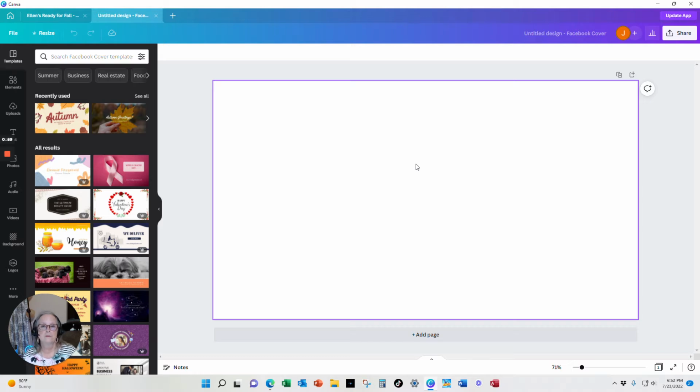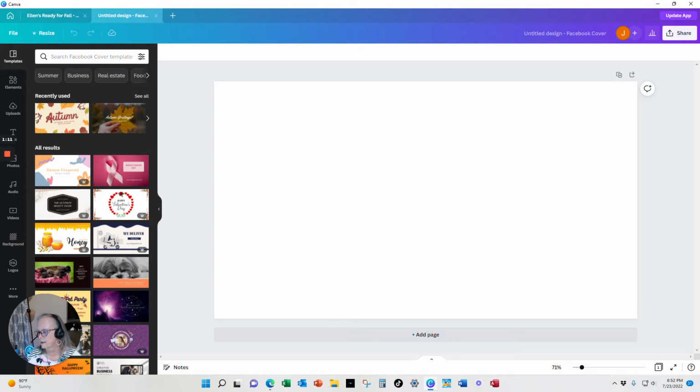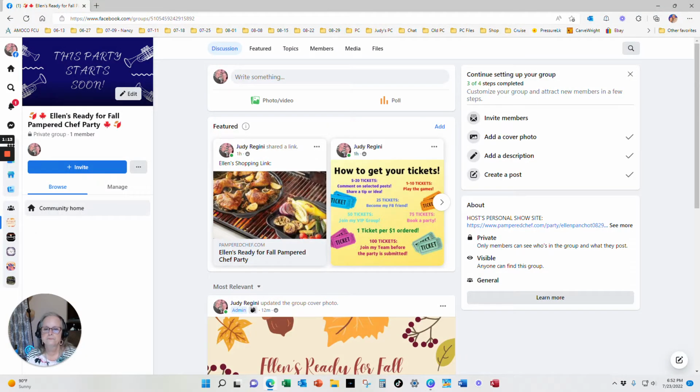Now, the party that I'm getting ready to do this cover for is a very late August party. So it's looking toward fall. So that's kind of what I'm looking at here. And this is Ellen's Ready for Fall. So